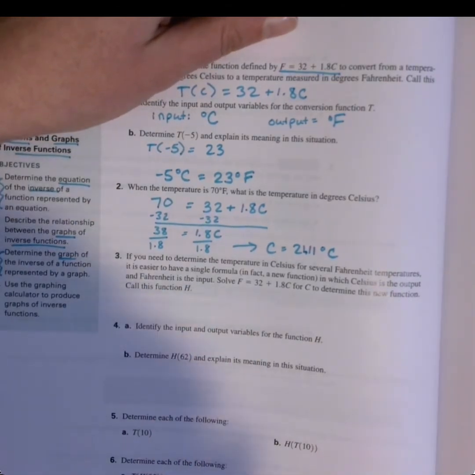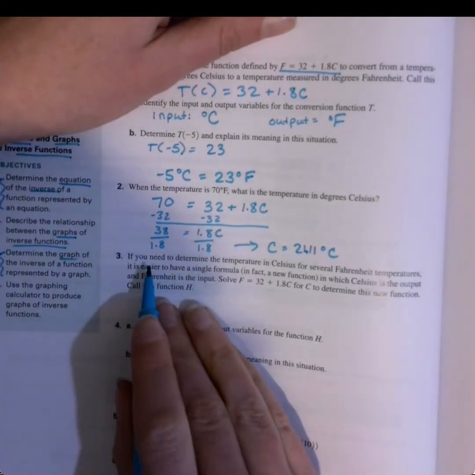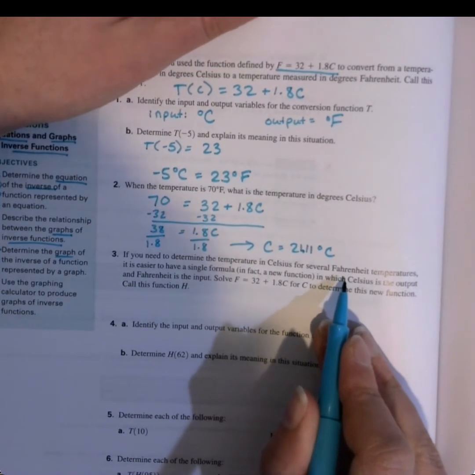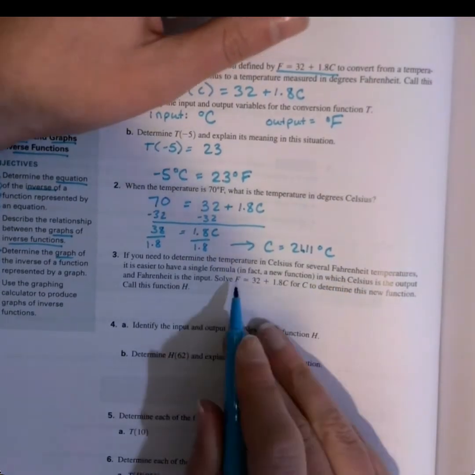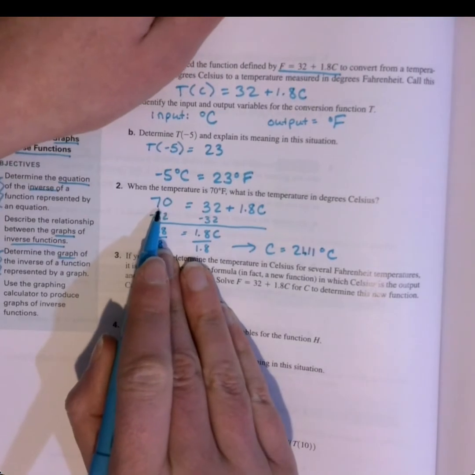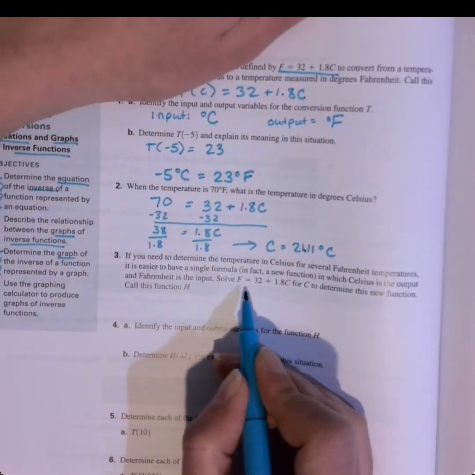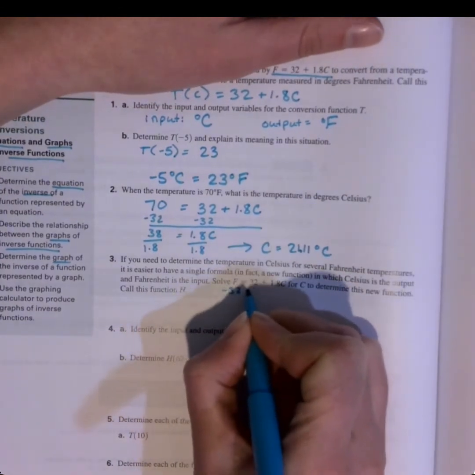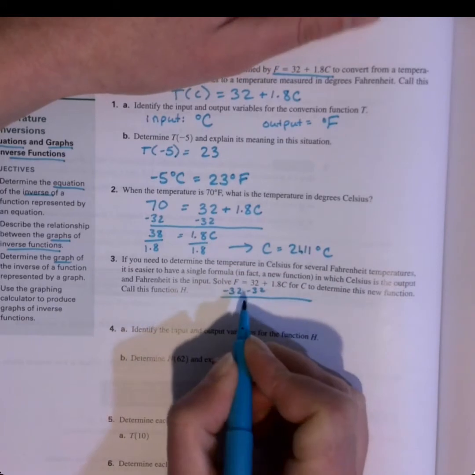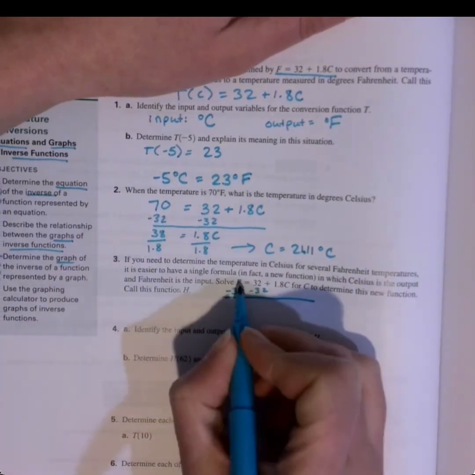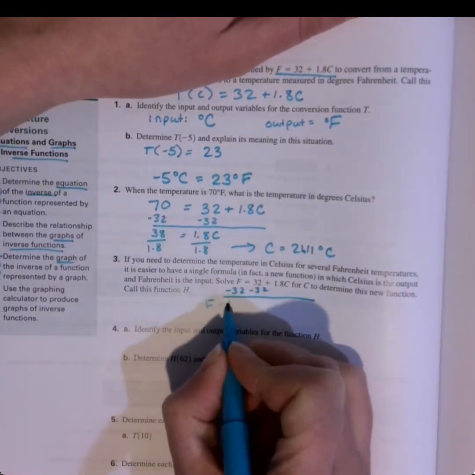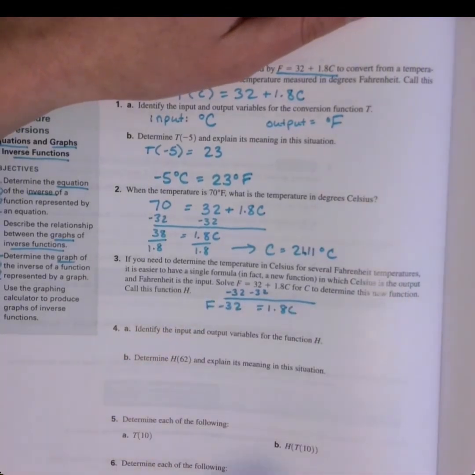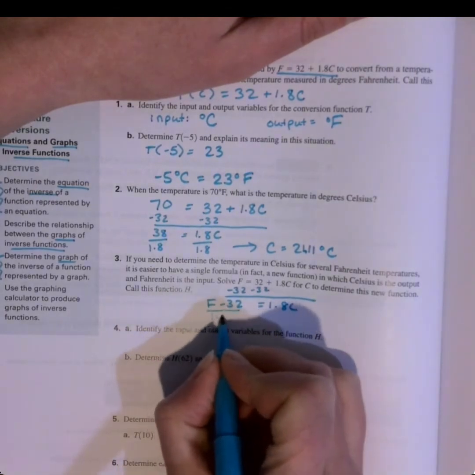All right, so we need to determine the temperature in Celsius for several Fahrenheit temperatures. So it would be nice to write the function. So instead of plugging in a number for our F, we're going to keep F as the letter F, and we're going to solve this equation for C to write the new function. So we're still going to do the same process. Subtract 32 from both sides, but instead of being able to combine those two numbers, when I do F minus 32, it's just F minus 32 equals 1.8 C. And then if I divide by the 1.8,